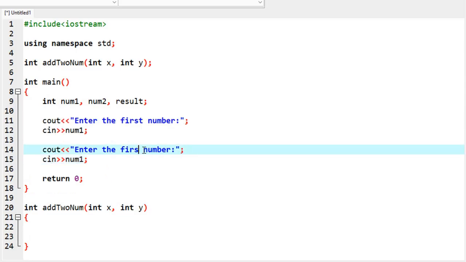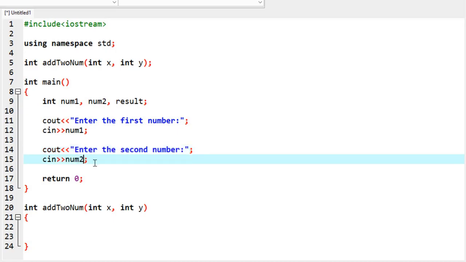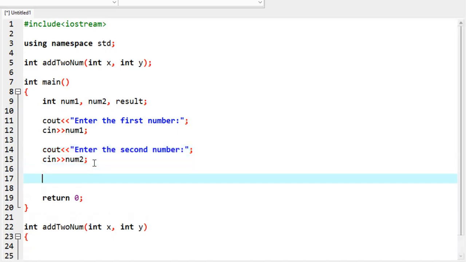Enter the second number, and then cin num2. Then for the result, I want to print the result with cout. So before that,